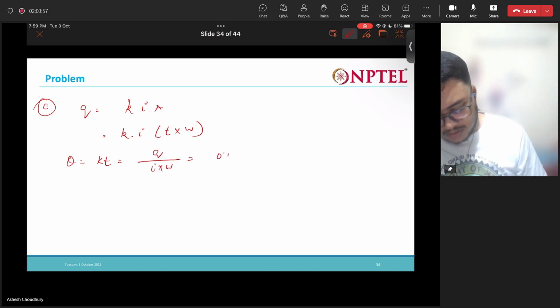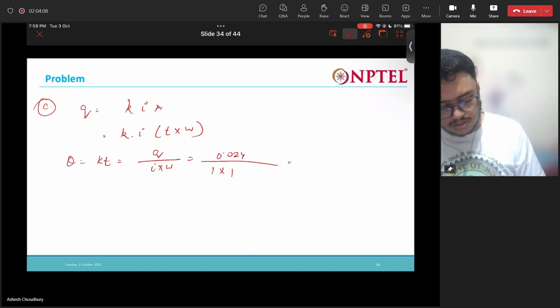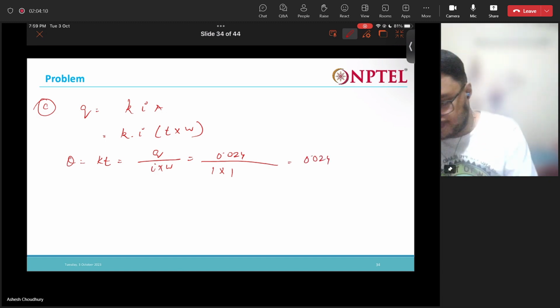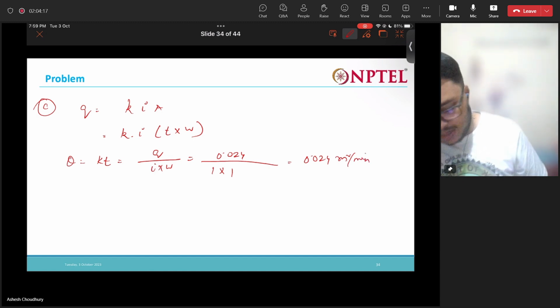Q is 0.024. I is 1, width is 1. Per meter width, we are considering per meter width. So theta required is 0.024 meter square per minute. Okay. Therefore,